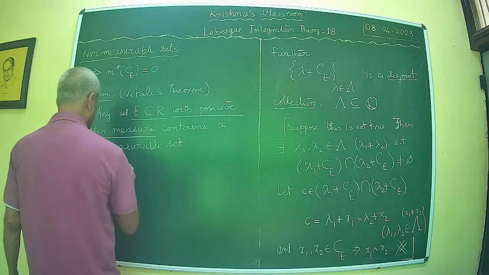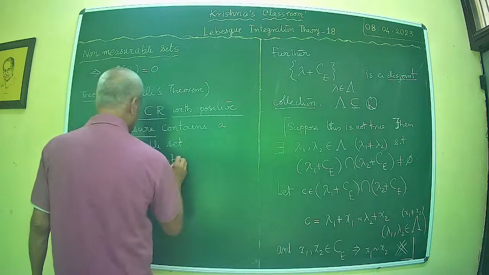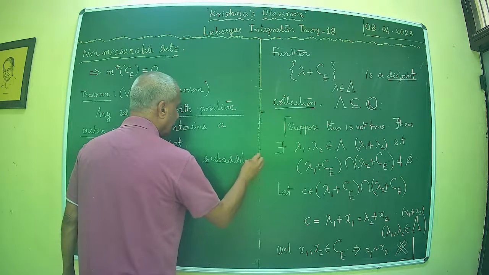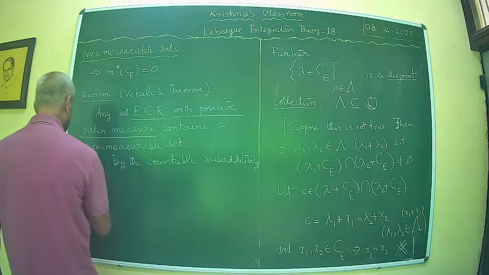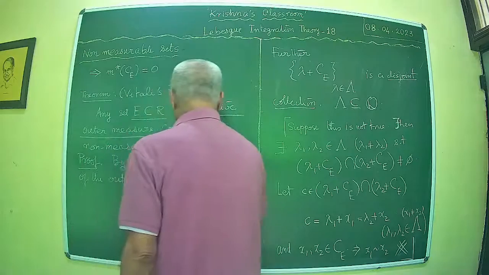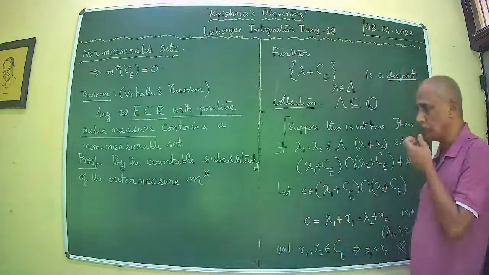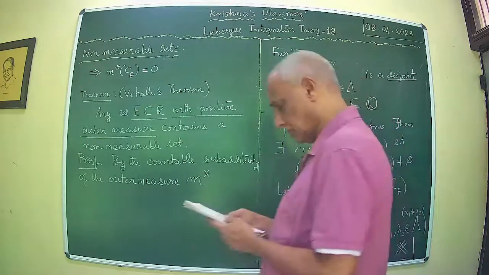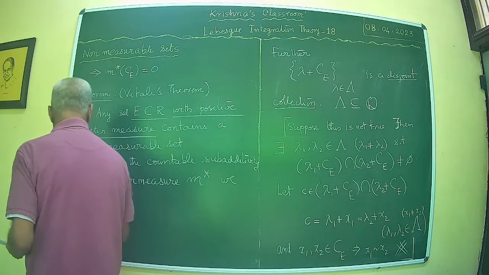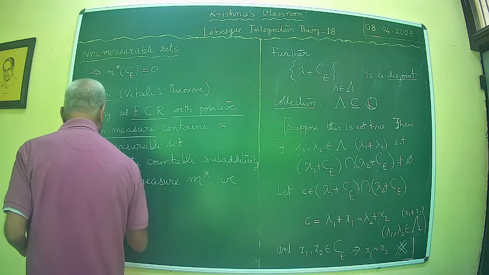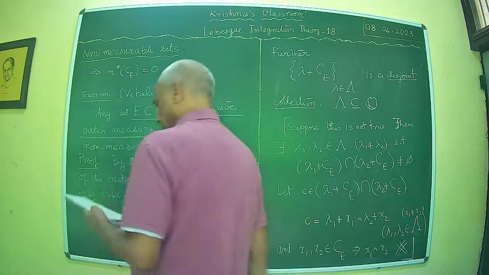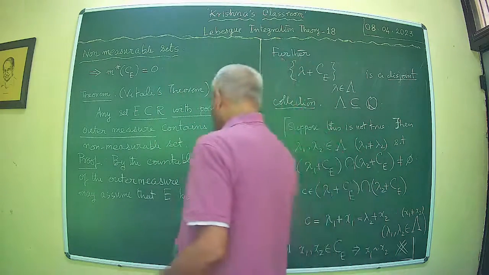By the countable subadditivity of the outer measure m star, we may assume E is bounded. So construct